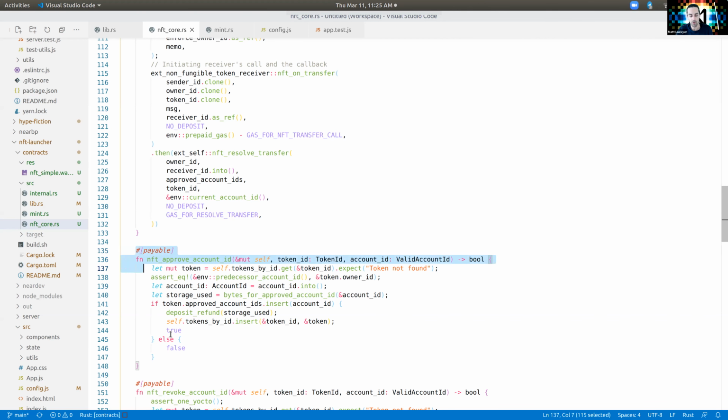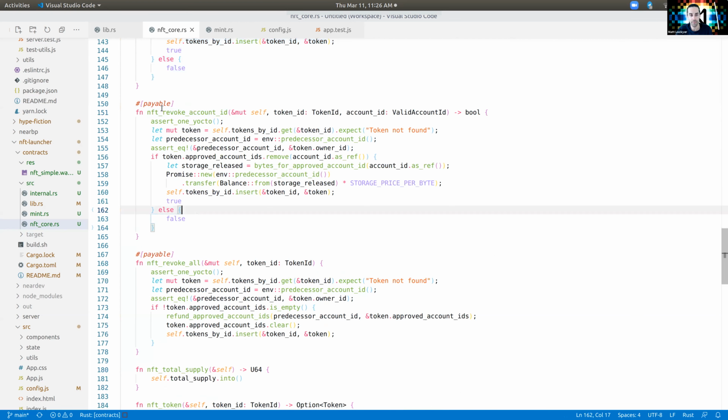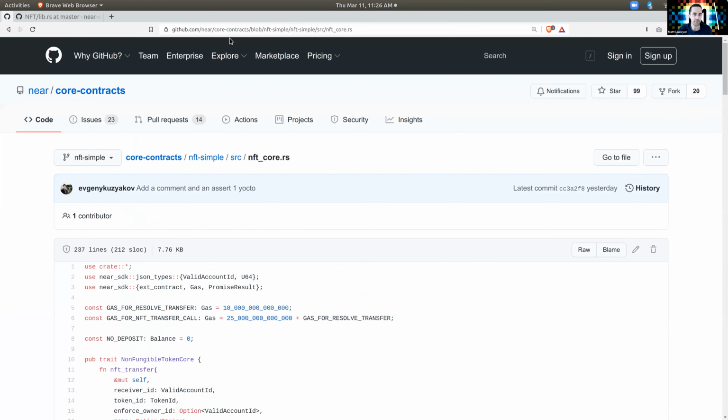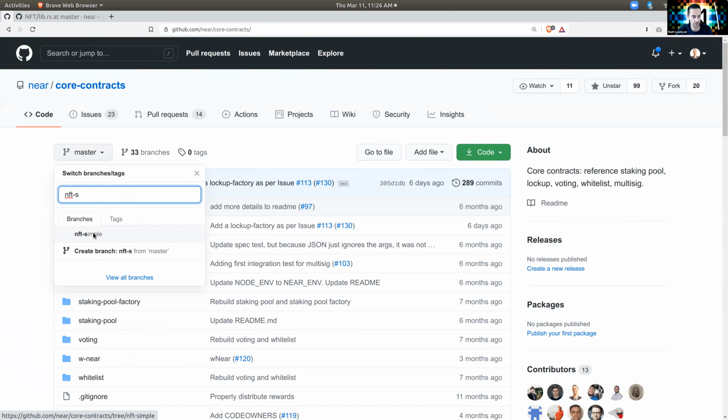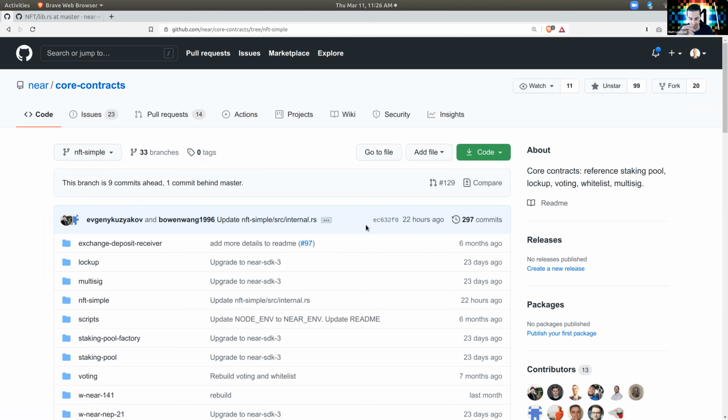And so in this way, what we do is we make the user pay for every single approval that they want to add to their tokens. And when they revoke the approvals, we give them a refund back. We transfer the storage released. So what you'll see if you look at the NFT simple contract, again it's a little hard to get to, but it's under core contracts. If you want to sniff around and see what's being done before we officially launch everything, you just go to the core contracts and go to NFT-simple, and you'll see that there's a bunch of updates here